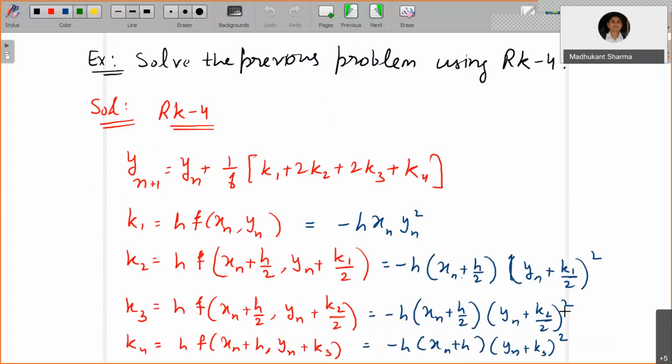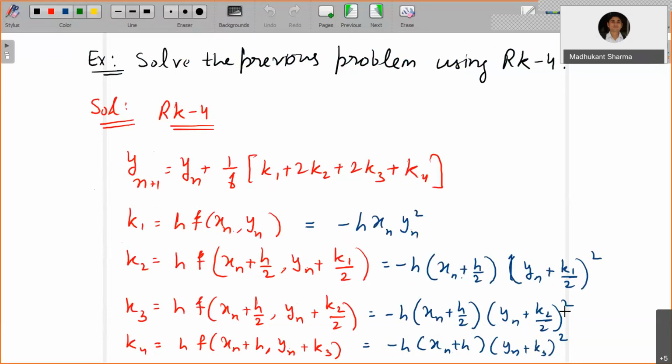Instead of going for partial derivatives, which are not simple to evaluate, if f does not have a simple form that you can differentiate, then Taylor's method of order 2 gives you a very tedious job. Instead, you work with RK2, because it requires only two function evaluations. So RK2 is better than Taylor's method of order 2 in that sense,